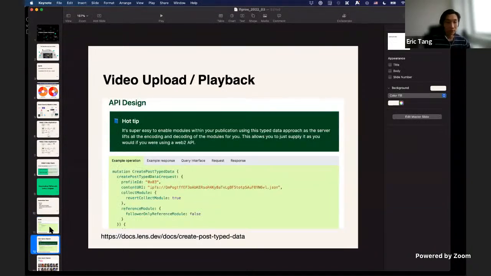Once you create a profile, you can create posts in those profiles. So really, video uploads in the video context become posts in the Lens context.